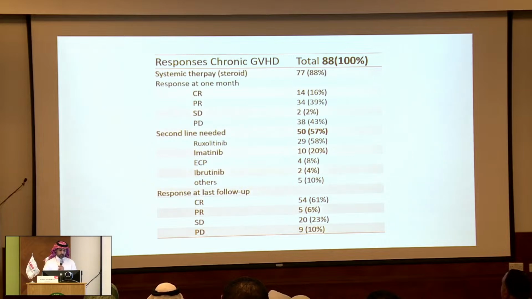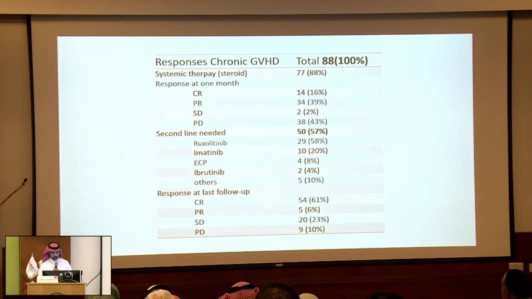Second line was initiated in 57% of patients. And ruxolitinib was the most common second line, followed by imatinib and ECP and then ibrutinib. And ECP was actually used in third or beyond line, but it has been used here as a second line